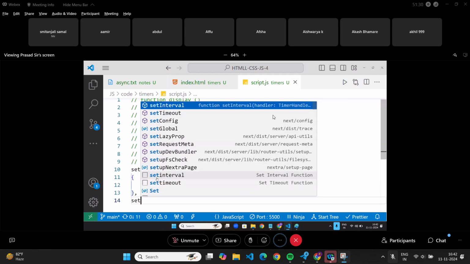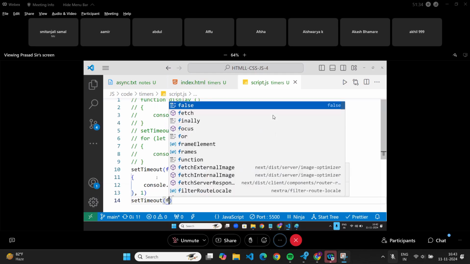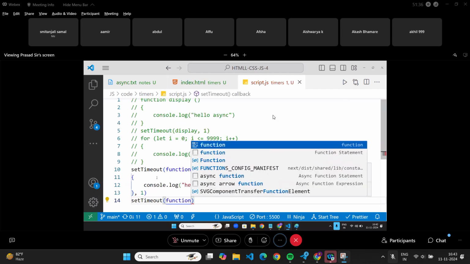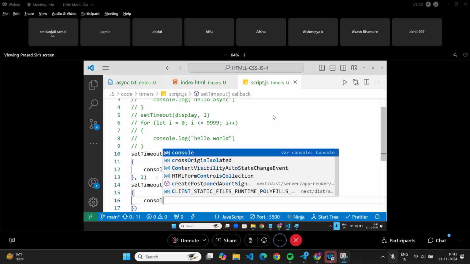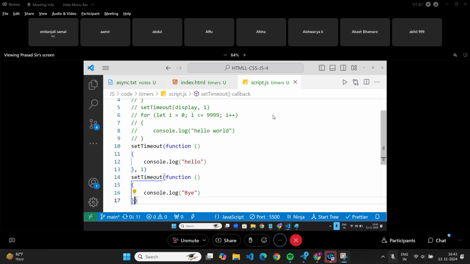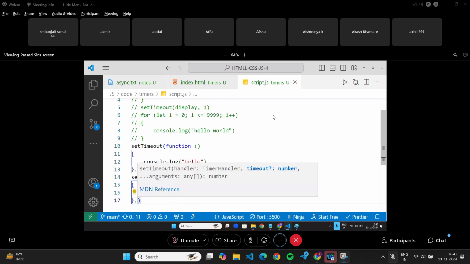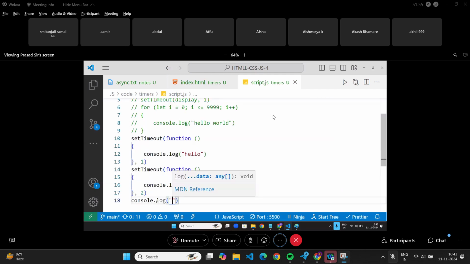Set timeout function, console dot log hi, and console dot log bye.